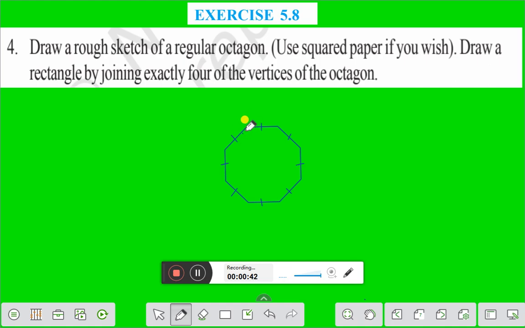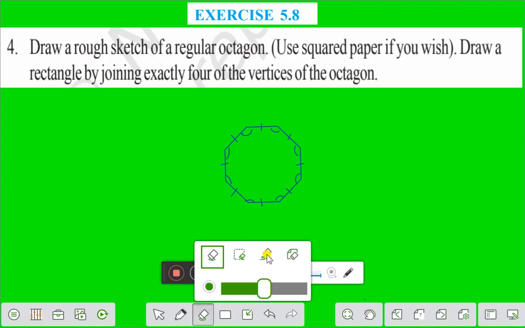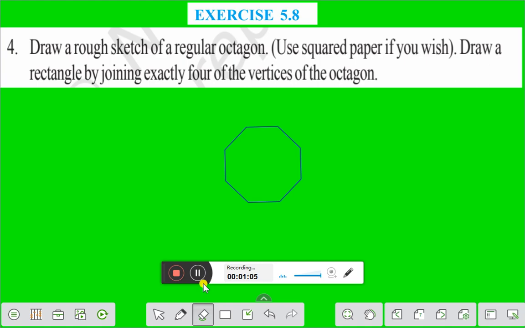This angle, this angle, this angle. That means here in this figure all the sides are equal and all the angles are also equal, right? Right? Now we'll name the